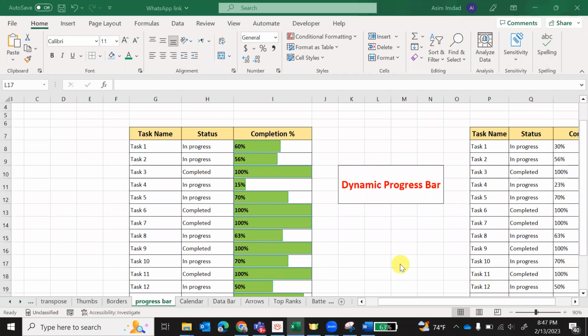Hello, in this video we will discuss how we can insert a dynamic progress bar to show the progress of any task or project in Excel. You can see here a small data set in front of you where task names are there: task 1, task 2, task 3. Their status is in progress, and the progress means its completion percentage is 60%, 56%, 100%, and accordingly the bar is shown